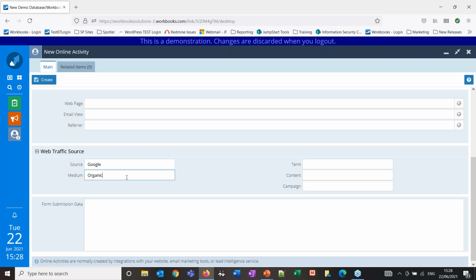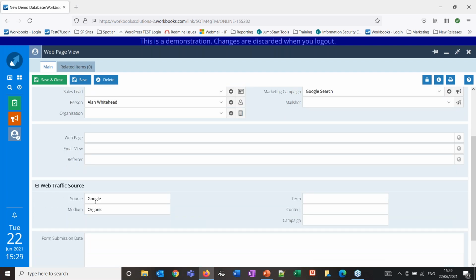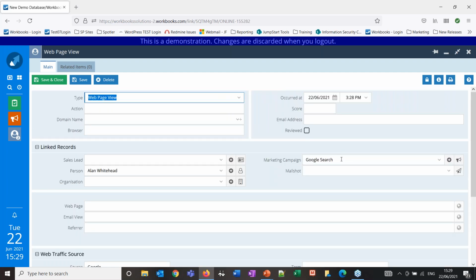And if they come in with those values on them, if I click create, you'll notice that now the marketing campaign is automatically populated. It's recognized these 2 values. So if it said Bing and organic, it would be linked to the Bing search. And obviously this one's the Google search. If I go and open that campaign again, remember we just looked at it, but if I go and open it,